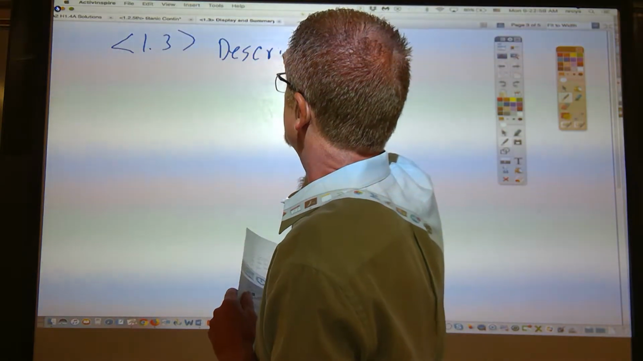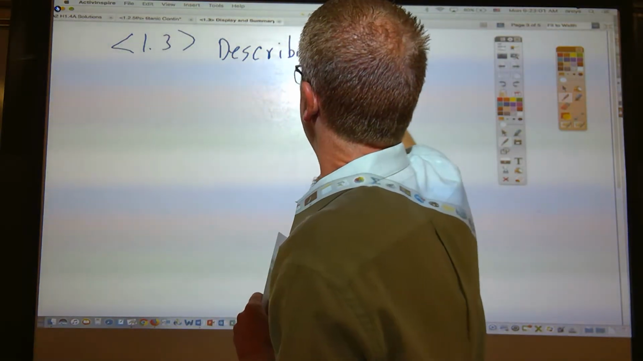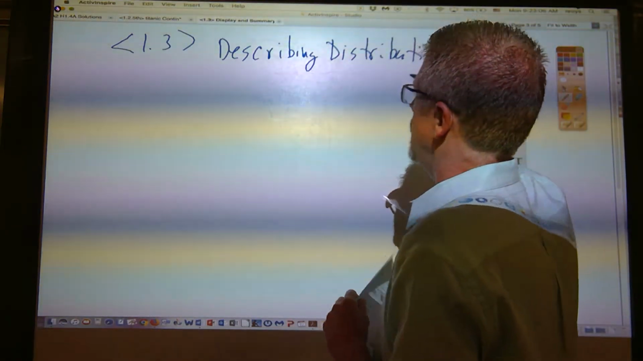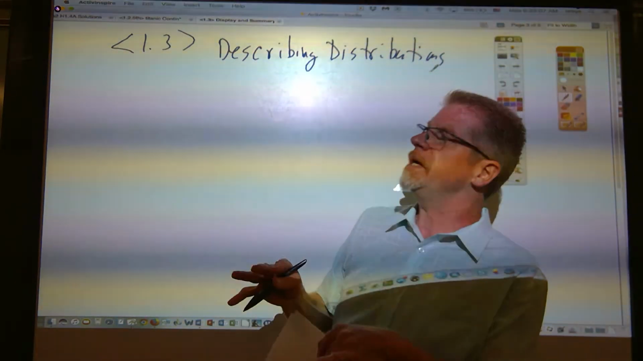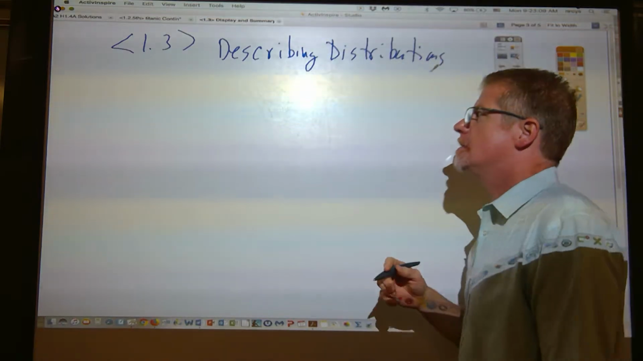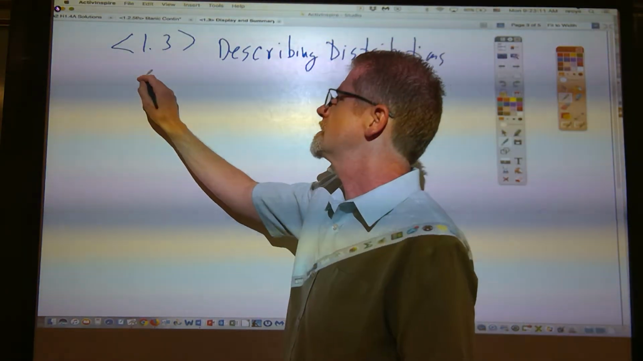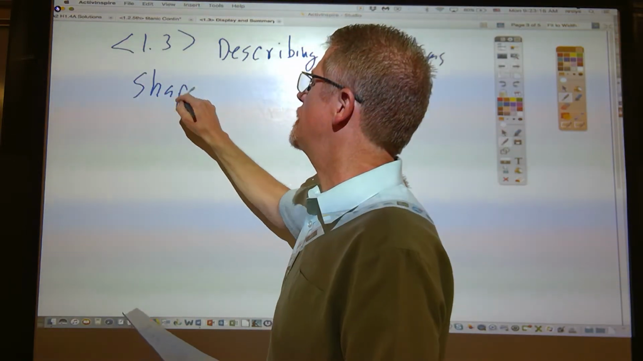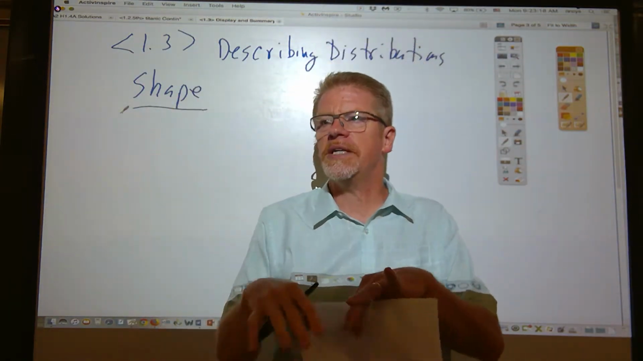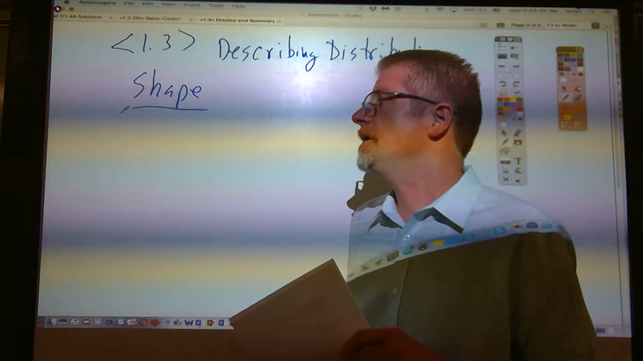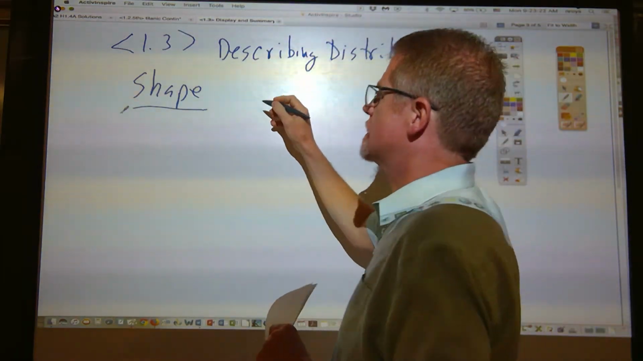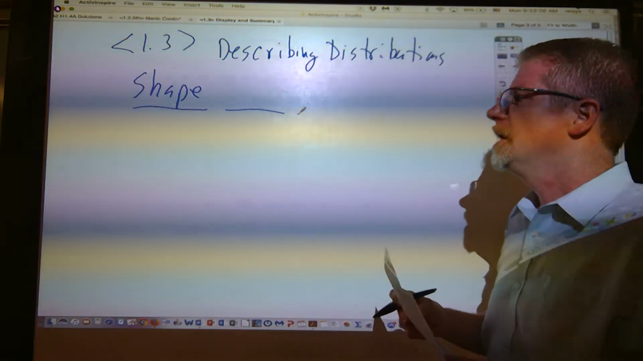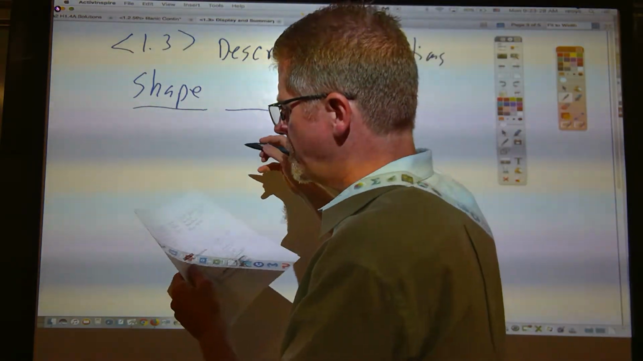The title of the lesson is Describing Distributions. And the mantra, if you will, that I'd like you to come away with is shape, center, spread, and unusual features. When you're describing a distribution, and they will at least once on the AP test give you a distribution in the form of a histogram and ask you to describe it, what they're really asking for is the shape of the distribution,